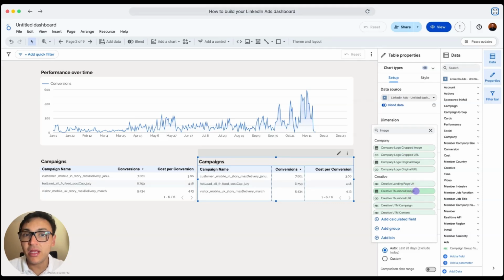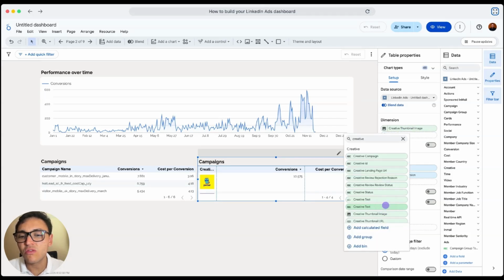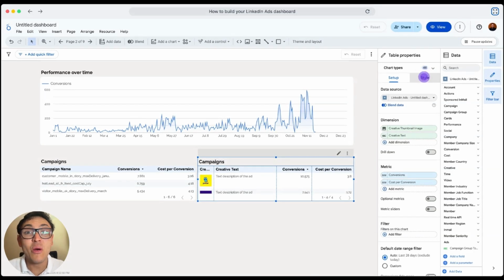I can bring more dimensions so I can visualize my creative, like the creative text, the creative title, the creative image, the creative URL. I am only choosing this time the creative image because images are very good to visualize here on Looker Studio. Now, as I told you, I can bring more dimensions. So here I also want to visualize the creative text, and now I have two tables: my campaign performance by campaigns and my creative performance,